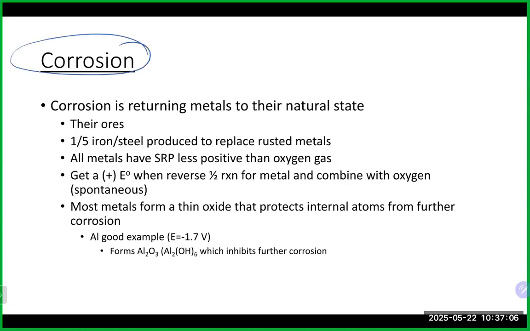Corrosion is another idea here. And corrosion is returning metals to their natural state. A lot of steel production is made just to replace the rusted metals. Any metal that basically has an SRP, a standard reduction potential, of less than oxygen is susceptible to going through corrosion. And that's because if you have oxygen and it has a more positive standard reduction potential